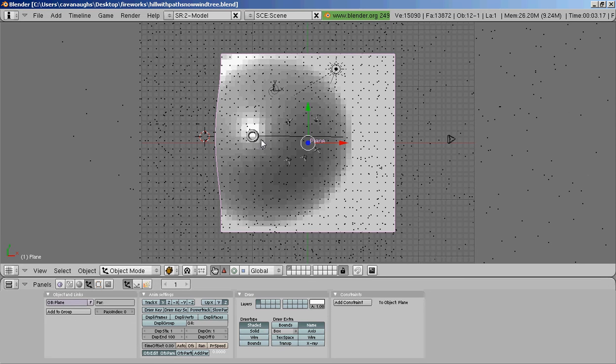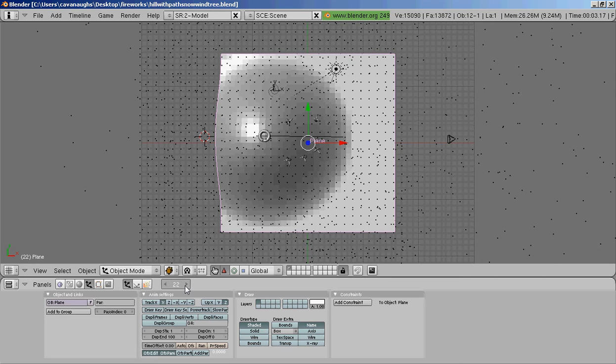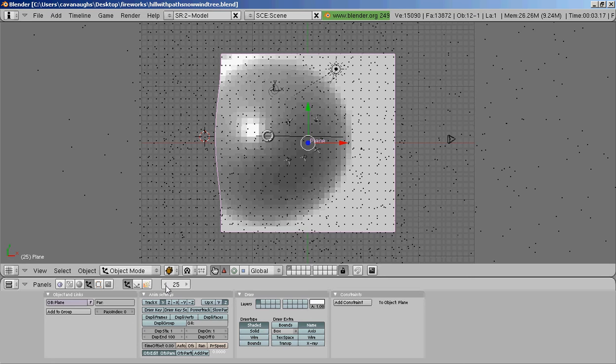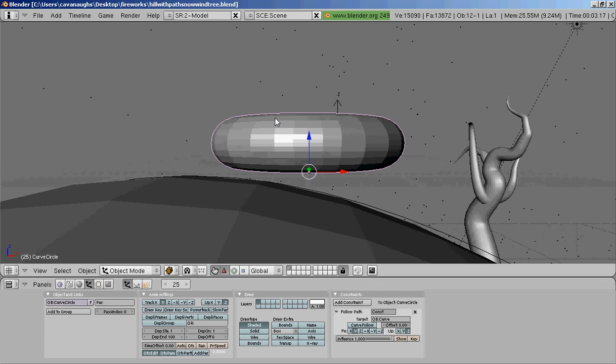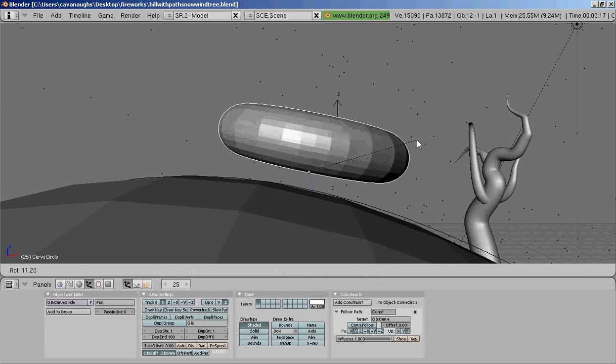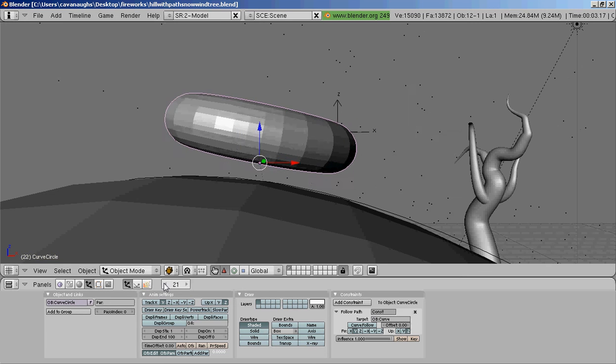Okay. Here, I'm going to set its rotation. So I'm going to insert a keyframe, and I'm going to insert something on its rotation. Then I'm going to go to, let's say frame 10 or 25. And I'm going to go into the 3 menu, and I'm going to click on the tube, hit period to zoom in, and I'm going to rotate it to be a little bit tilted. Okay. And then I'm going to insert its rotation. So that now, as it goes over the hill,